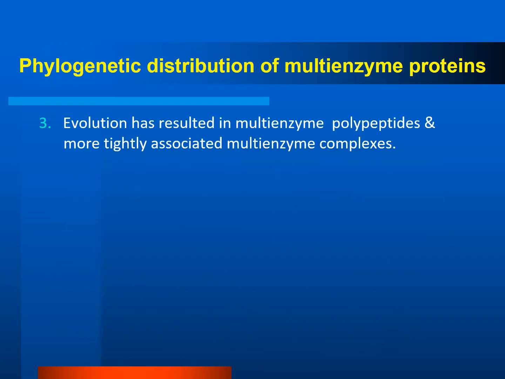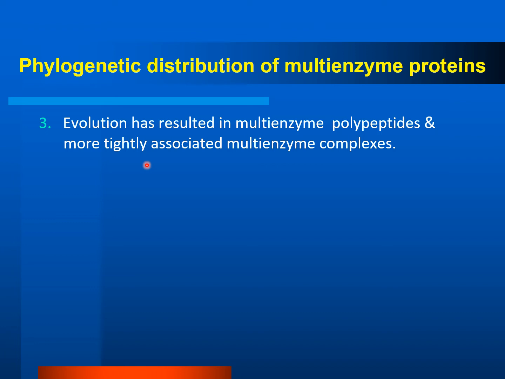So to cope with such a situation, evolution has resulted in multi-enzyme polypeptides. As our cells have evolved from prokaryotes to eukaryotes, our enzymatic machinery has become equally smarter, and evolution has resulted in multi-enzyme polypeptides and more tightly associated multi-enzyme complexes. The benefit of more tightly associated multi-enzyme complexes is that now they would be lying in close